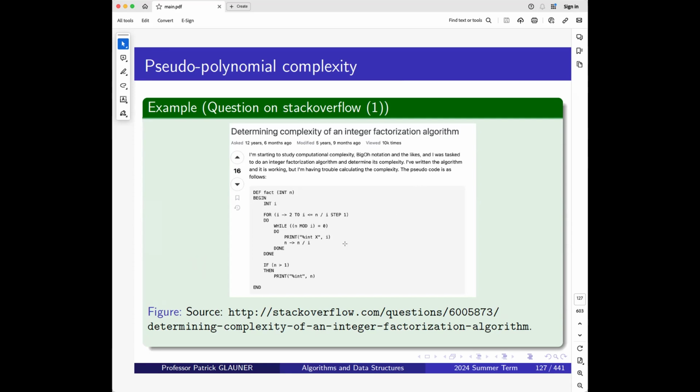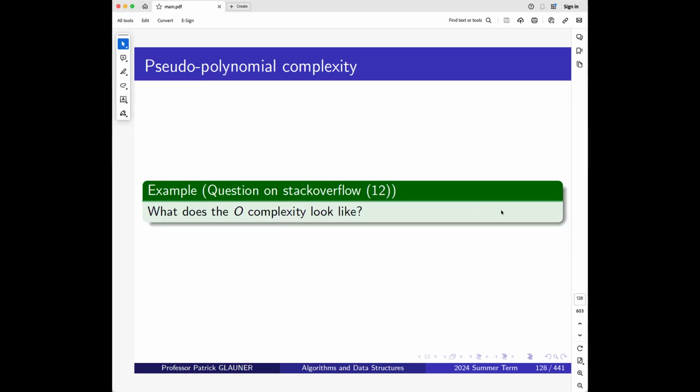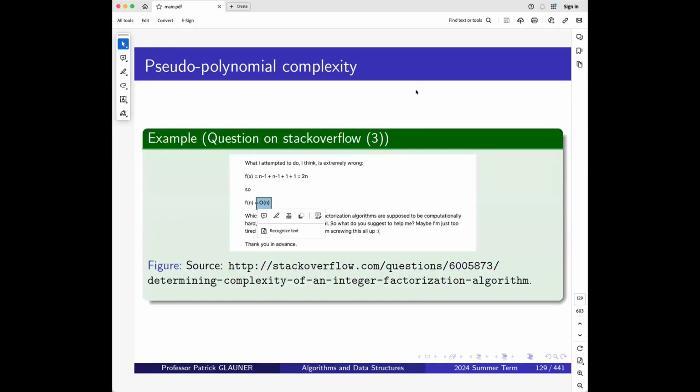Someone describes in this Stack Overflow article an algorithm and says you put in an integer n as the parameter, and you actually want to do integer factorization. So you put in an integer, and what are its factors? For example, you put in 10, its factors could be 5 and 2. And what this person noticed is if you put in integer n and you do a complexity analysis of this algorithm, it looks like the algorithm has a linear complexity, which confuses the poster because factorization algorithms are